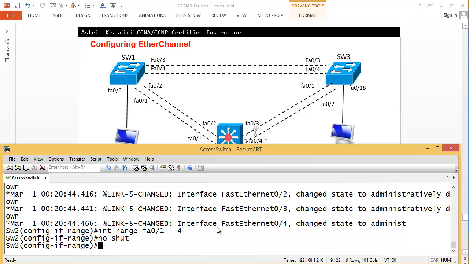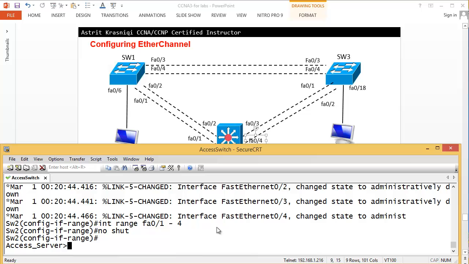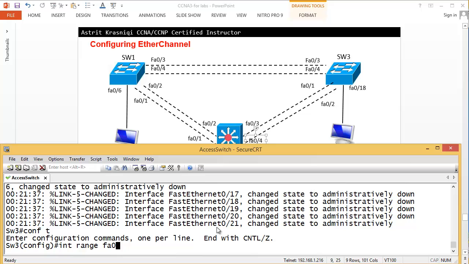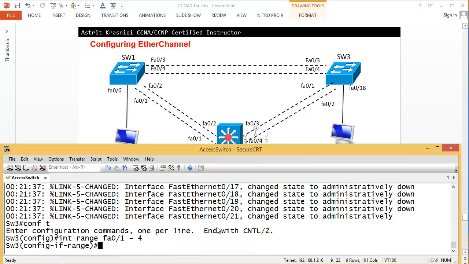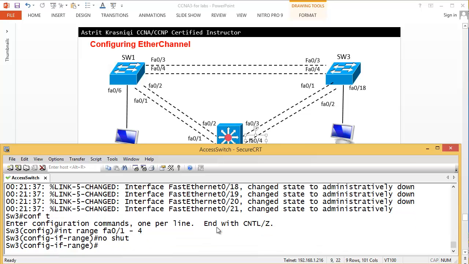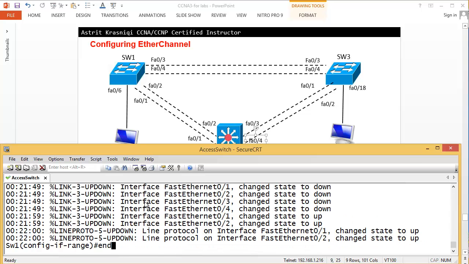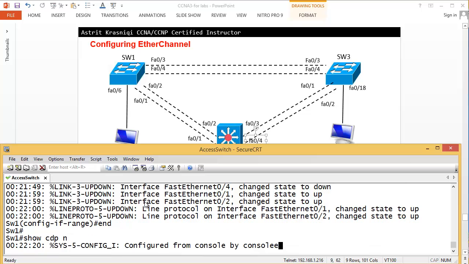And I'll do the same for switch 3, interface range FA0/1 to 4, no shut. Okay, so I have shut down all the ports. I just enabled the ports that I need for trunking first, and then I'll enable the other ports connected to the PCs. So if I go to switch 1 now and do show cdp neighbor,